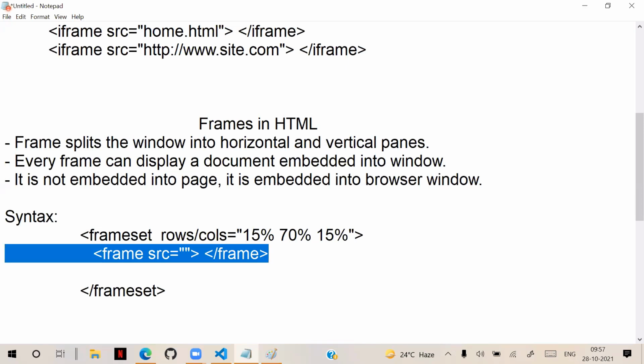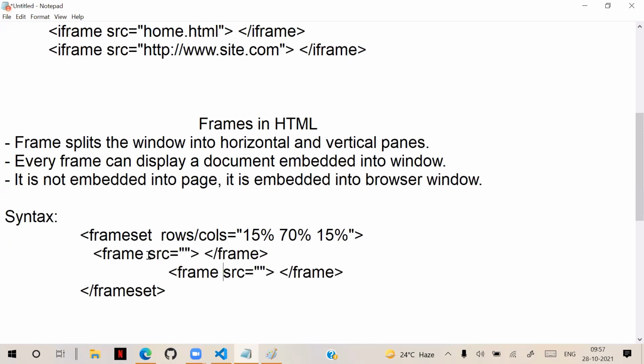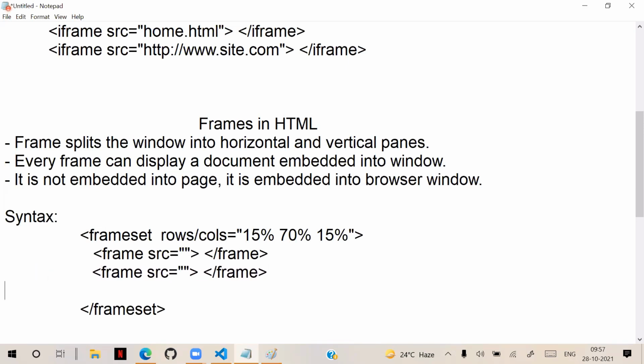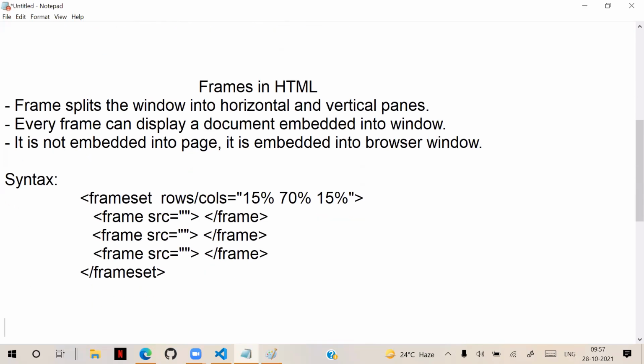So another frame with the source, and another frame with source. That means you divided into 3 frames. You have to keep 3 frames there. One frame 15, another frame 70, another frame is 15% of the browser window. And very important, when you are designing